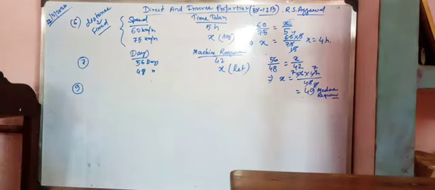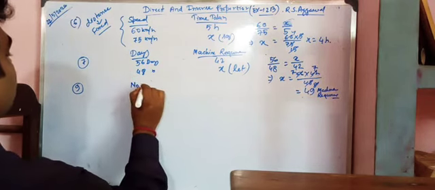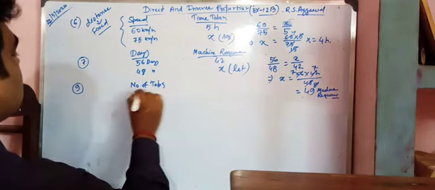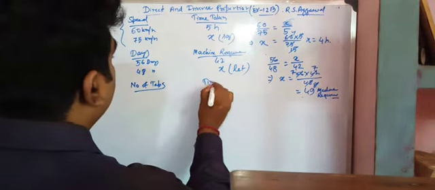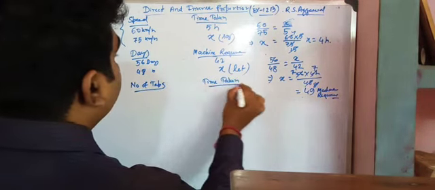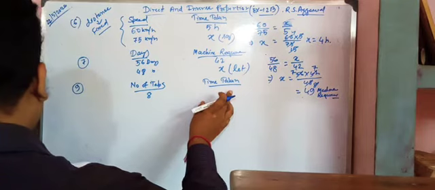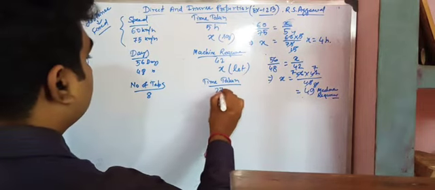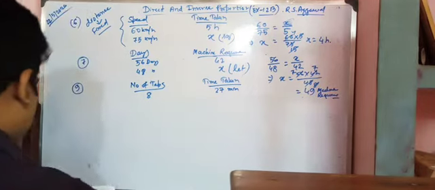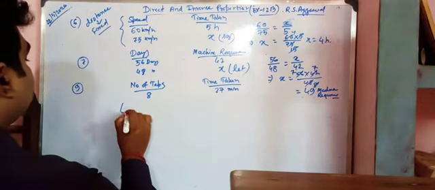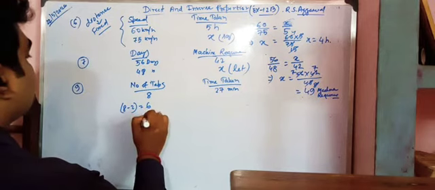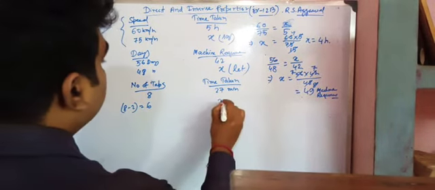It is given that 8 taps of the same size can fill a tank in 27 minutes. That is, we have to make number of taps and time taken. So 8 taps take the time 27 minutes. Now 2 taps go out of order. So that means my remaining is 8 minus 2 is equal to 6 taps. Say x minutes.